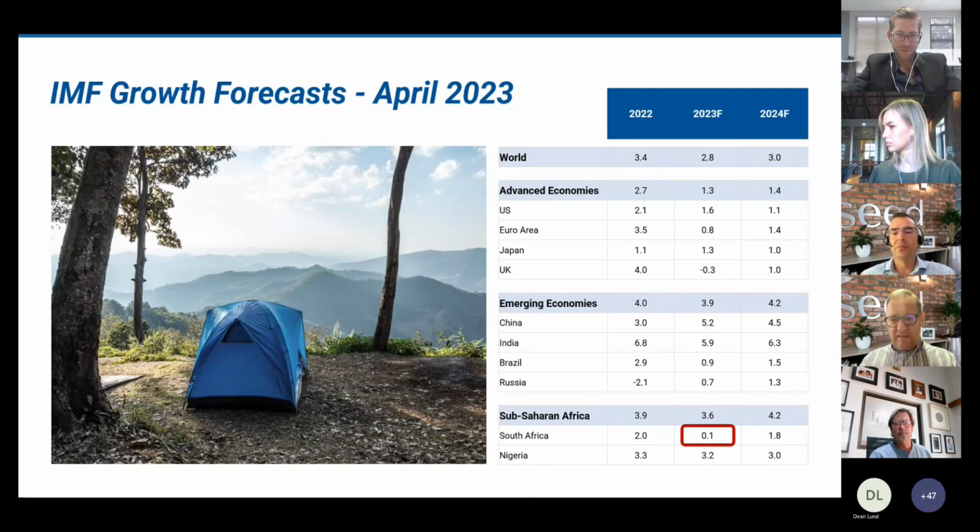This came from Kevin Ling's slides, and he highlighted South Africa. It's been downgraded as a forecast, down to pretty much flat for the year, and pretty muted for the next year as well. Even growing at 2%, we're obviously not going anywhere. We're actually pretty much standing still for the most part.